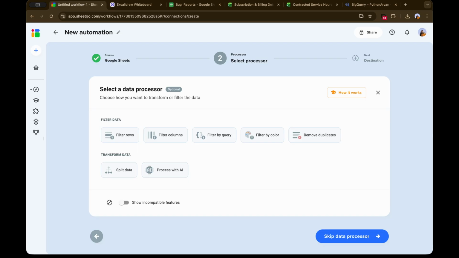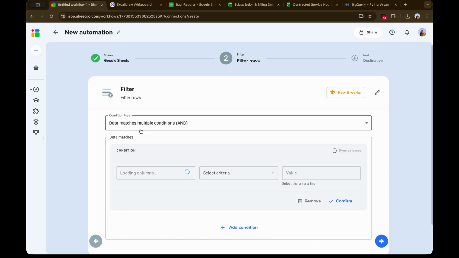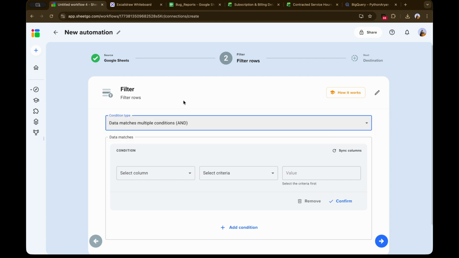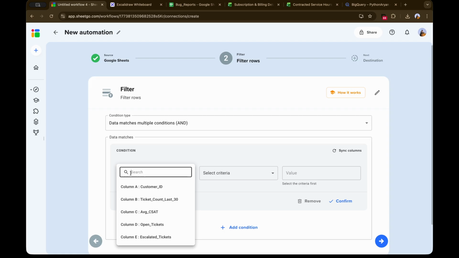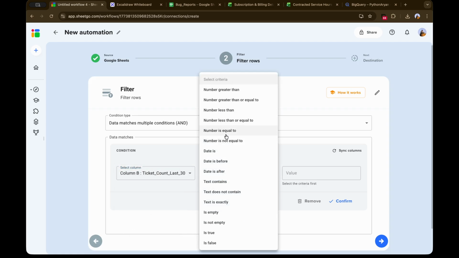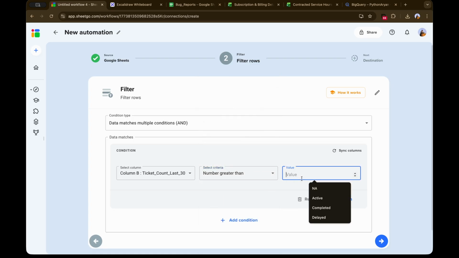And the first one that we're going to be selecting is filter rows, where you have to start off by specifying the condition, whether you want it to match all conditions or even if one matches, that's all right. So we're going to be selecting the column B here, and the criteria is going to be number is greater than